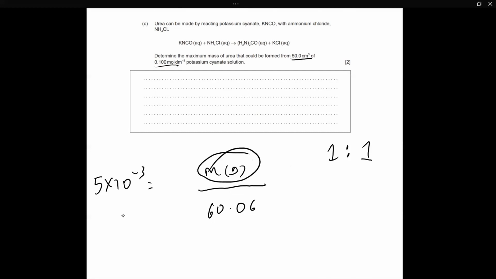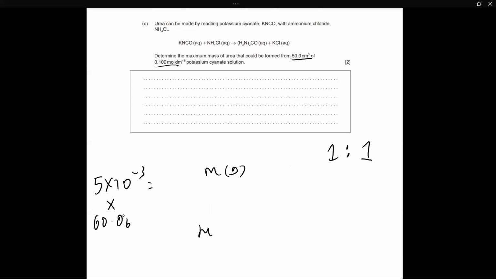And now we have to find out what is the mass in grams. And as you can probably tell, we have to now rearrange this equation. So we take this to the other side. So we multiply this side by 60.06. These cancel out. But remember, we also do the same to the other side. We also multiply this side by 60.06. So basically, our mass in grams is equal to